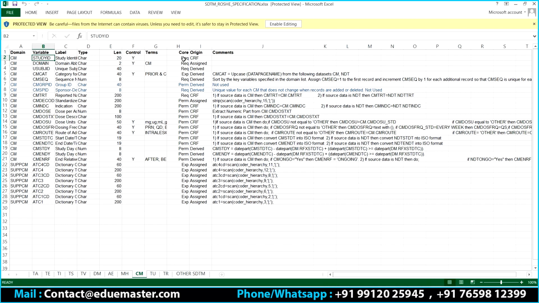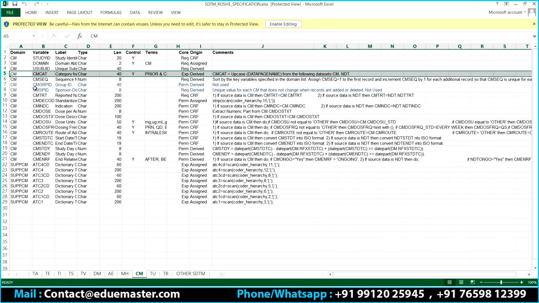There should be a value for it. But when it comes to an expected variable, if the core is expected, it is supposed to be part of my dataset, but the value can be missing.